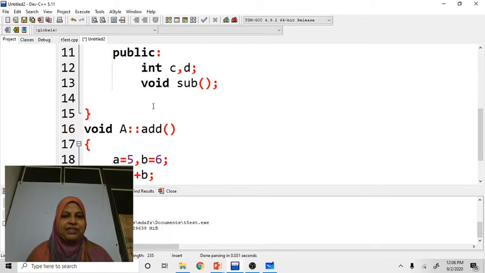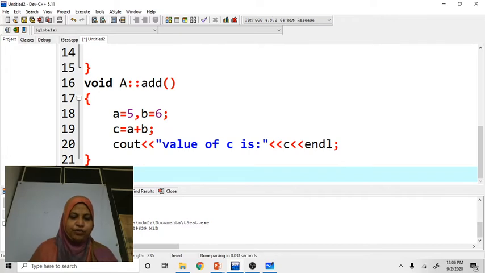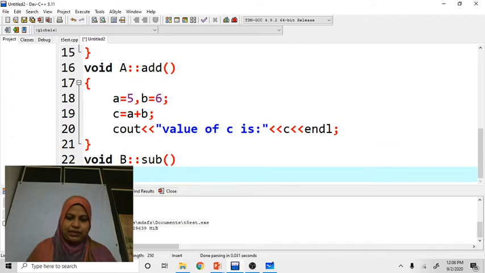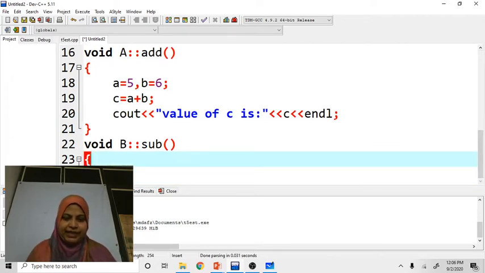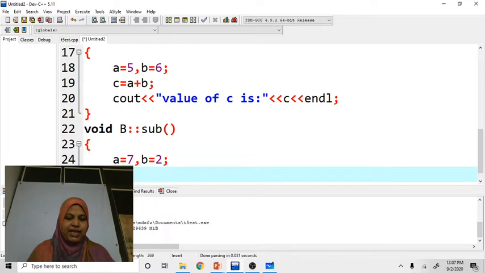Now see here, the sub function is there, where the sub function is present in class B. What is the return type for the sub function? Void. So void, class B, scope resolution operator, sub, right? Here I am going to write a equals 7 comma b equals 2, c equals a minus b.